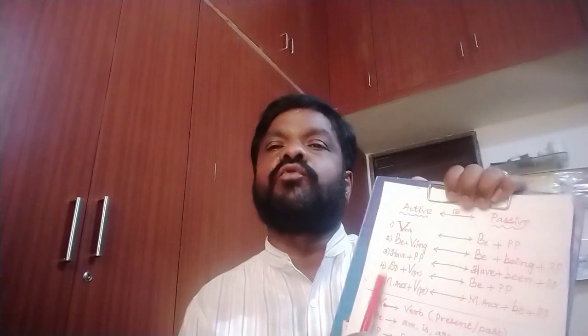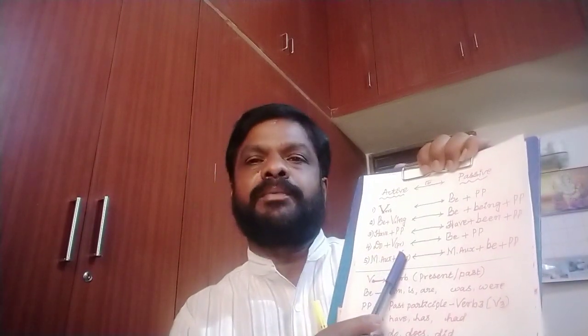If there is do form, do, does, did, then there will definitely be present tense. You have to take be form plus past participle. In the same way, if there is a modal auxiliary, modal auxiliaries are 13: will, would, shall, should, can, could, may, might, ought to, used to, need not, dare not, must. Like this, there are 13 modal auxiliaries.